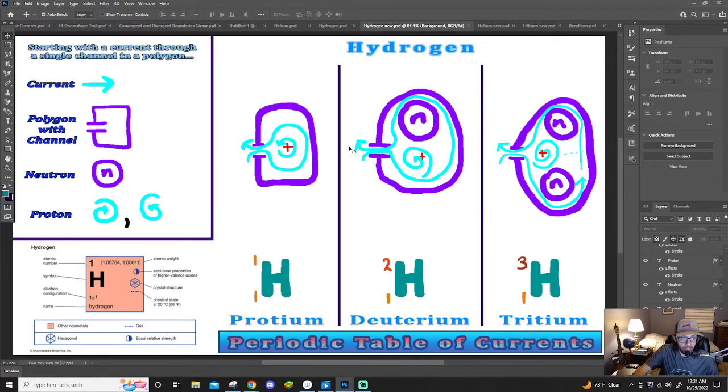So in protium, it punctures the wall, but then it's just a channel pretty much, and it just evacuates the channel, because it doesn't have the neutron holding a position and forcing the eddies to a side, so that they don't just drain out and create a tube out of the polygon, and then it just breaks into components, and it's really not